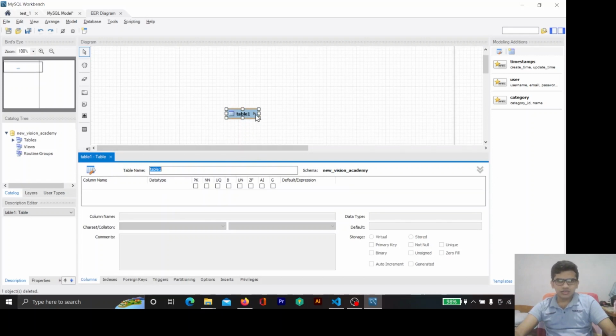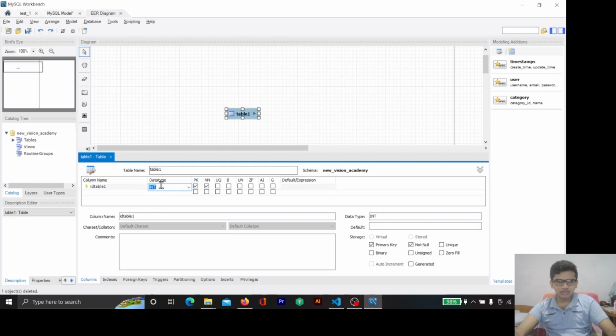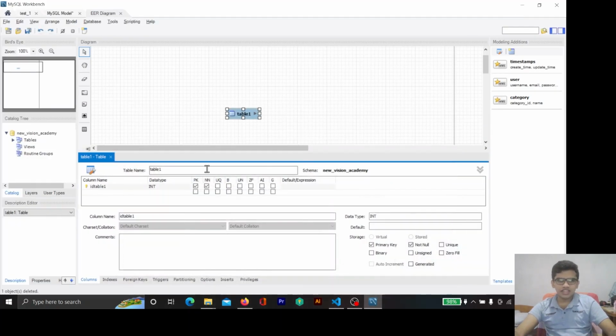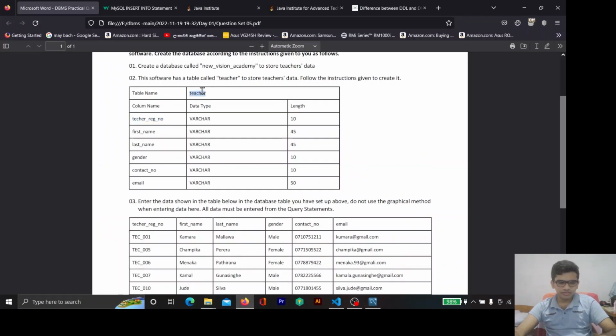To customize the table to your needs, click on the table and rename it from the table name. You can insert columns from here and add data types from here. I will rename this table to teacher,